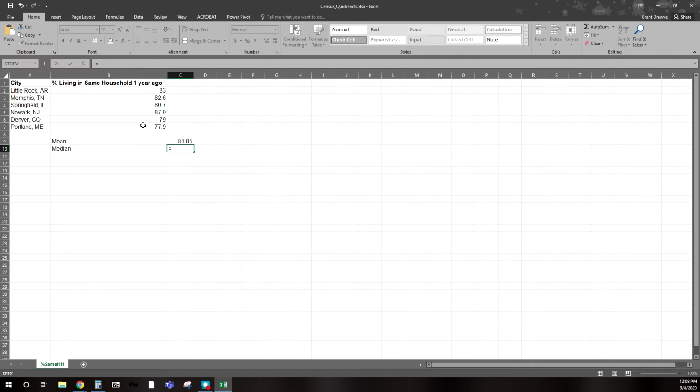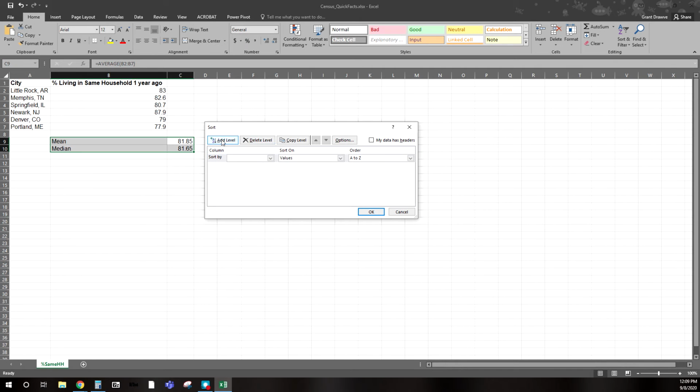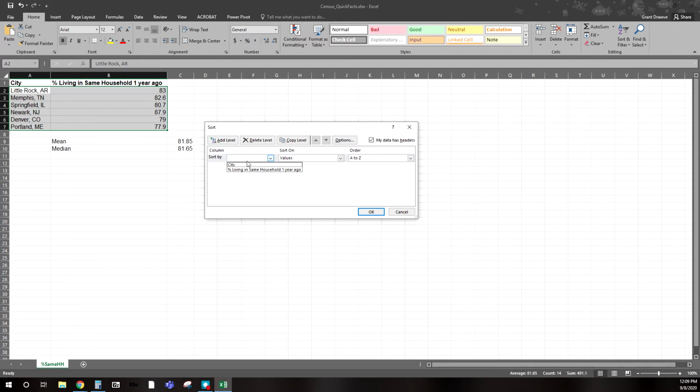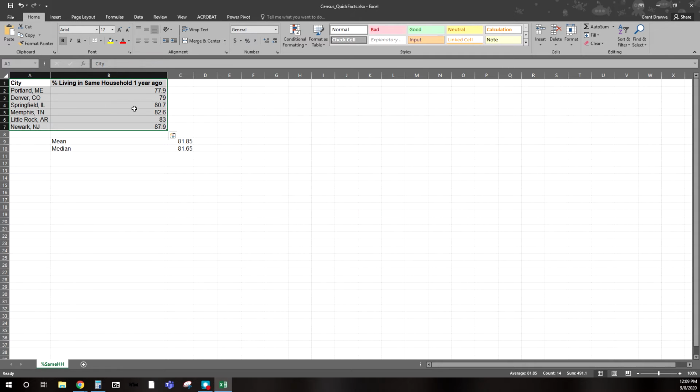And then if we want the median, here again we have an even number of cities. So if we rearrange this from large to small or small to large, we'd have to take the two middle numbers and take the average of those. Luckily, Excel can do that for us. We don't have to rearrange. If you're not familiar though with how to rearrange, you can go through sort and filter and custom sort. If I pulled these and did a custom sort, has headings, and I want to sort by percent living in the same household, smallest to largest, it rearranges for me, and we see here number 4 and 5 in the middle, 80.7 and